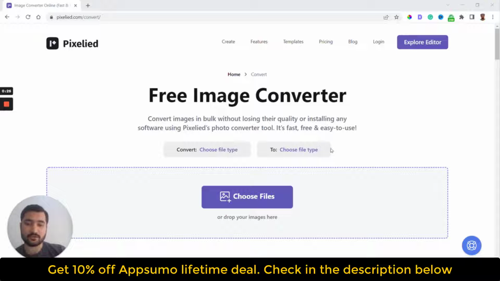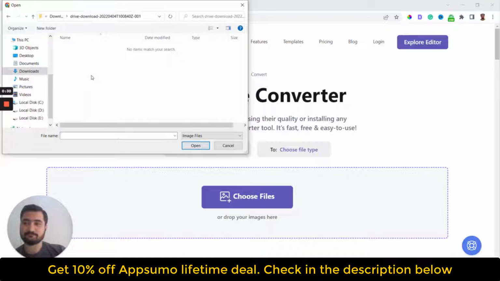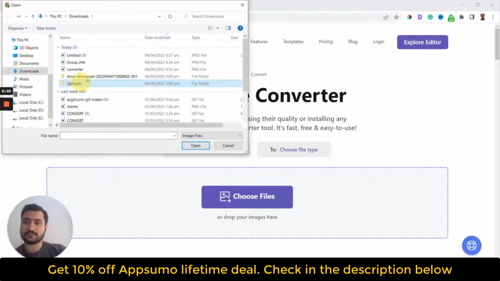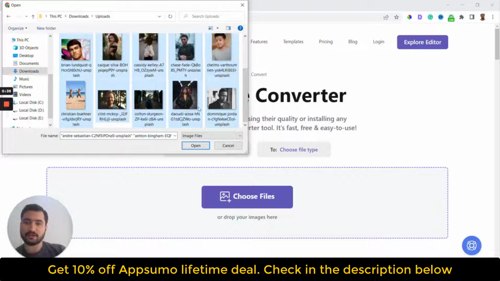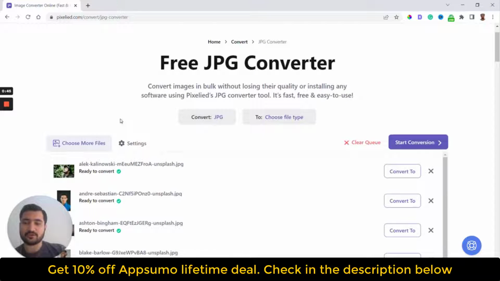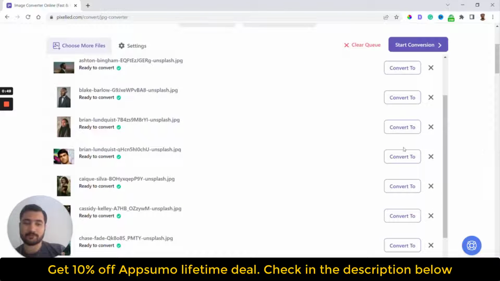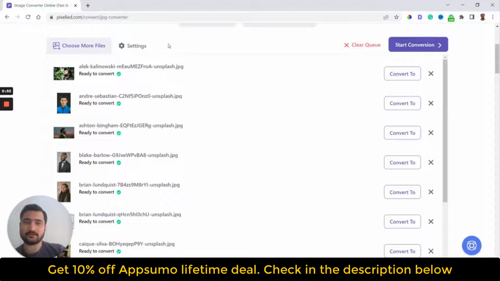So to get started, we'll simply choose our files. So for this, we'll select all these images which we would like to convert. We'll click on open. You can upload them by choosing files, or you can just drag and drop these images. So now you can see we've uploaded all our images over here, and to get started you can simply click